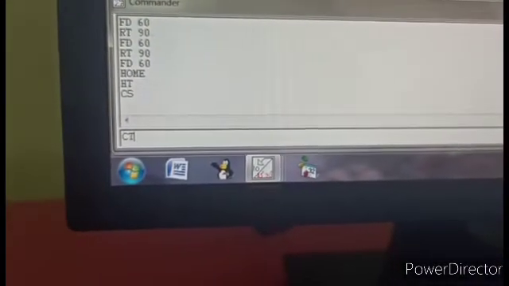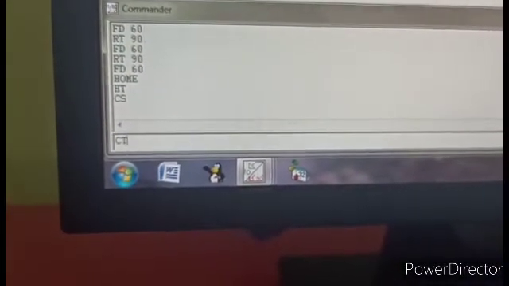CT, and what do we have to press at last? Enter. See, the screen is exactly as given in your book. Now my main screen is clean, ready to draw the next shape. My text box, the command input box, is also clean, ready to accept the commands.